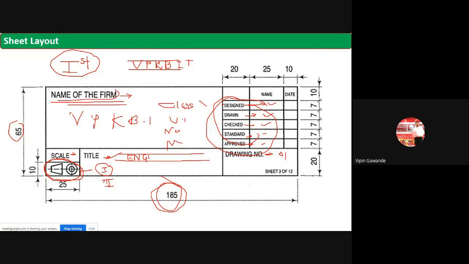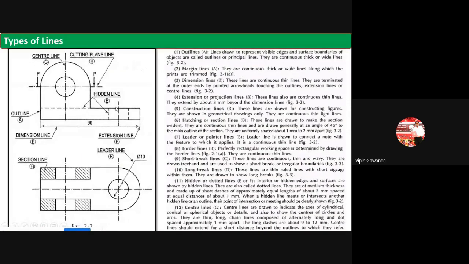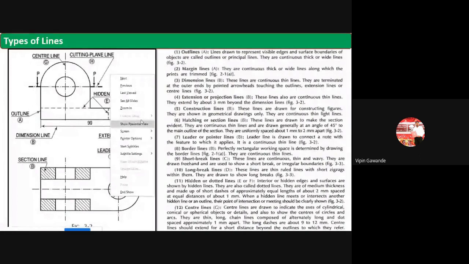This is where the name of the firm is written. The name of the institute, then the title of the sheet, then the class number, and all these things. You can make the columns as per our convenience, but for all the classes, we have to keep it the same. We will see that afterwards. Now, after this, the sheet layout, we'll explain this one.